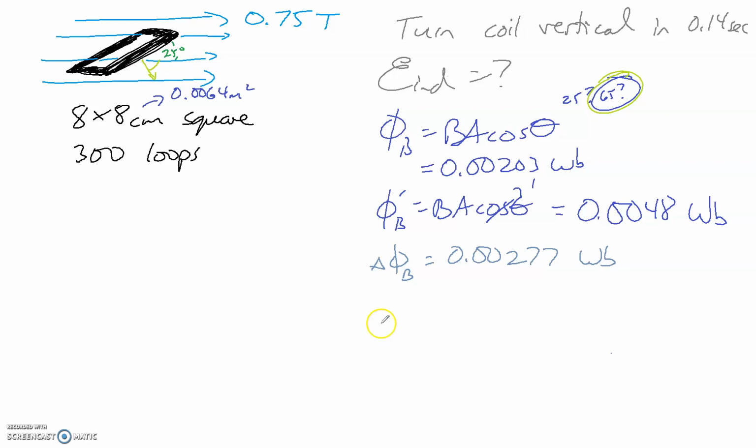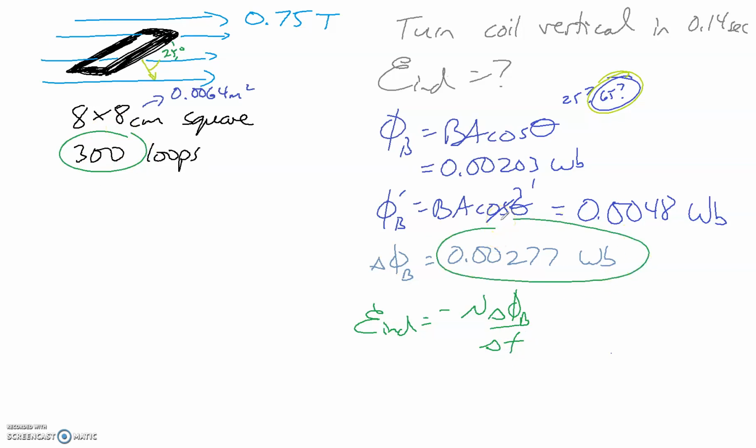All right, now that I have my change in flux, I can go to my expression. So we've got induced EMF is equal to negative N change in flux divided by change in time. I got my N value right there, I got my 300. I've got my change in flux right there. And my change in T is the 0.14. So I can put them all together. This time my answer will end up being negative, and I will have my induced EMF. There's no negatives to cancel, so negative